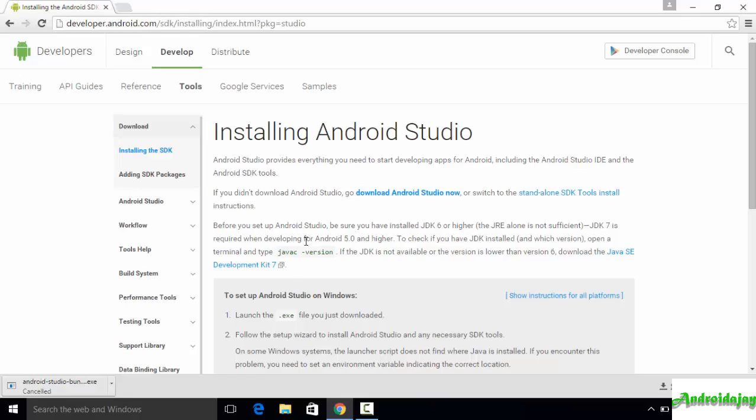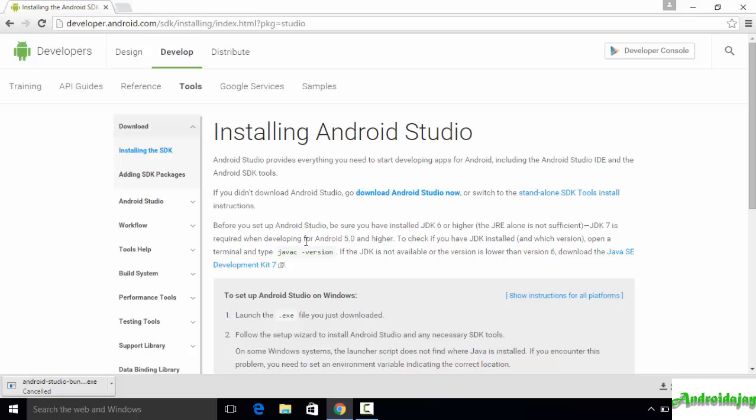And make sure that you have the internet connection while you are installing the Android Studio, and that is because the setup of Android Studio is going to download some of the packages for Android development. So make sure that you don't disconnect your internet connection in between the installation process. And also I would like to mention that it takes a while for Android Studio to completely install on your computer, and that is because, as I mentioned earlier, it is going to download some packages from the